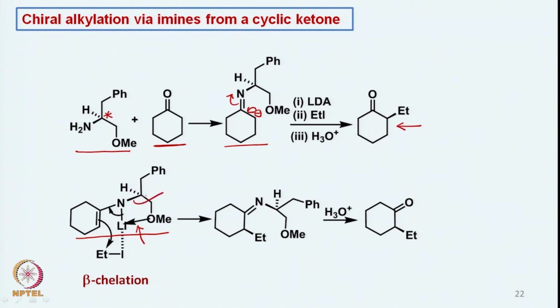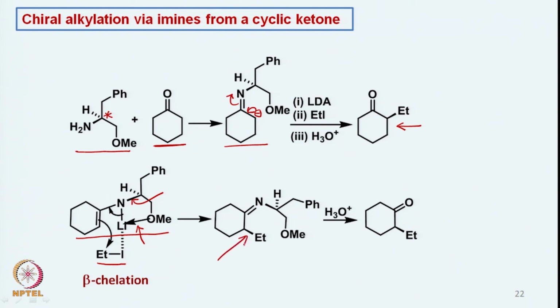So, if this is beta oriented, the whole molecule is beta oriented, and therefore the methoxy group which has a coordination with the lithium is also on the beta side, and then the attack also takes place at the ethyl carbon from the beta side, and then we get the